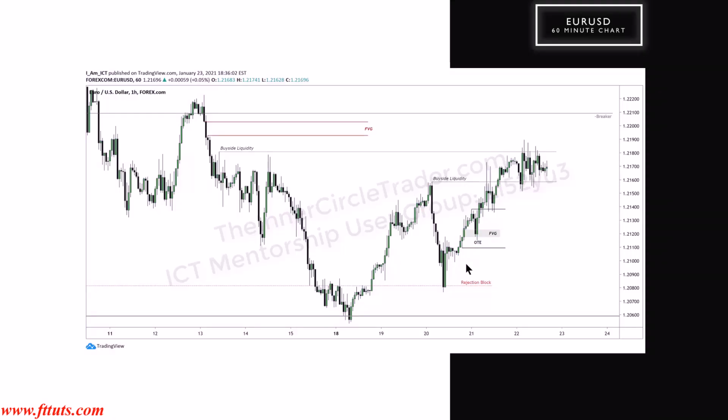Whatever cleans up your chart and shows you very obvious PD arrays. Like if we looked at this 15-minute time frame in the next slide, it may not be as clean or nice as a 45-minute chart or a 20-minute chart. Okay, and TradingView, depending upon your level of membership, will allow you to make certain changes in time frame, and you can create a time frame you can just click on and go right to.